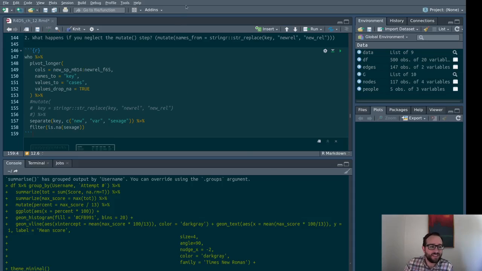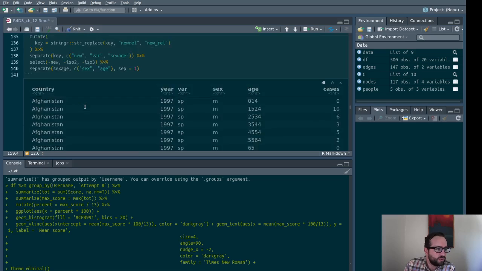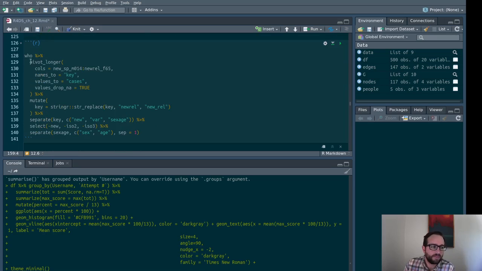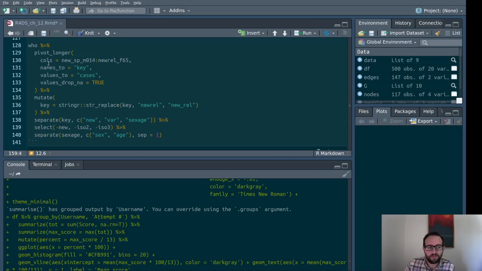In class, we made it to number 2 of, let's see, 12.6. If you remember, this is the one where, from the book, they start with this WHO data and show a whole pipeline for preparing data for use in ggplot or analyses of the sort that are really easy using